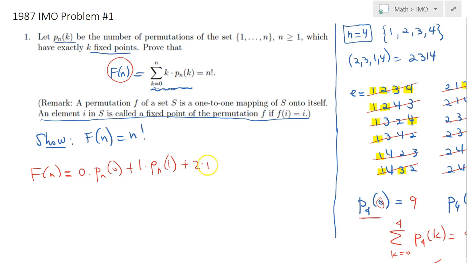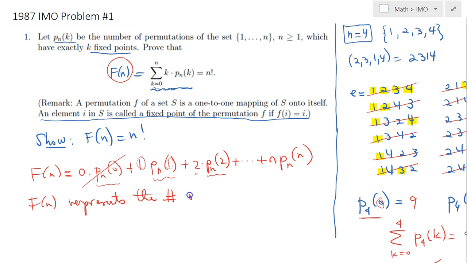2 times p sub n of 2, and then n times p sub n of n. So what's so strange is that the sum of all the fixed points in all the permutations, so this is the number of permutations with 0 fixed points, and okay, that one is redundant. How about here, the number of permutations with 1 fixed point, and this is 1, so you multiply it by 1. The number of permutations with 2 fixed points, and then you multiply it by 2. So therefore f of n represents